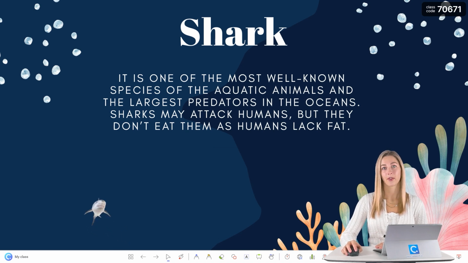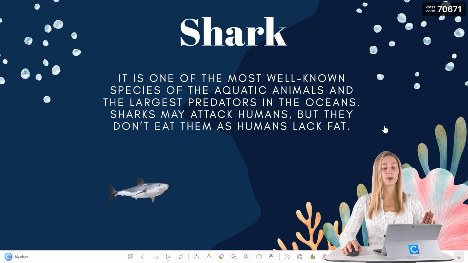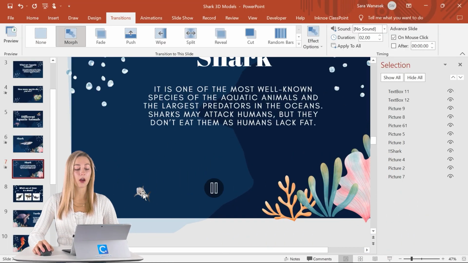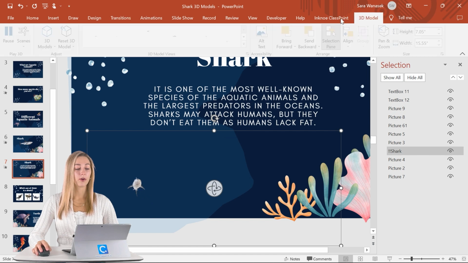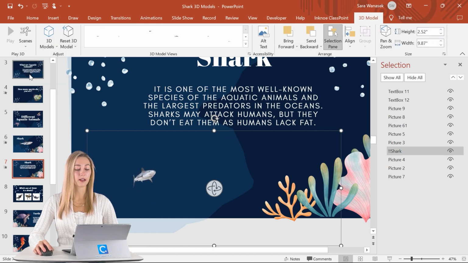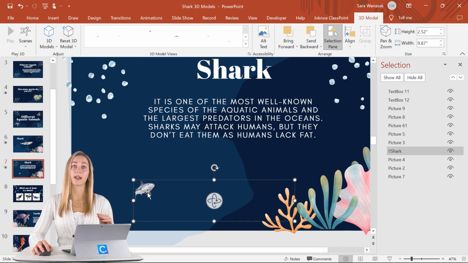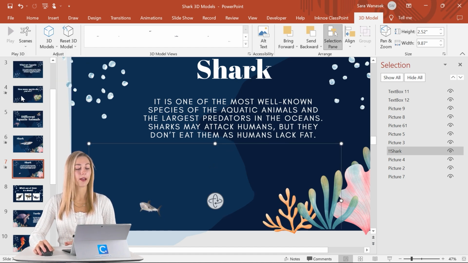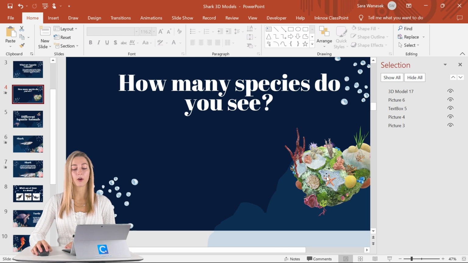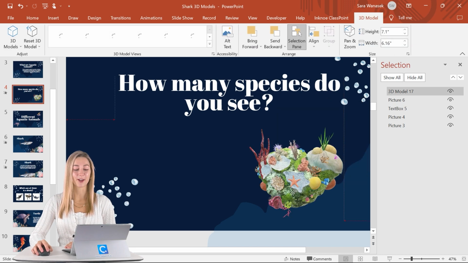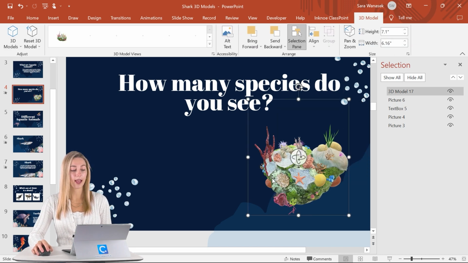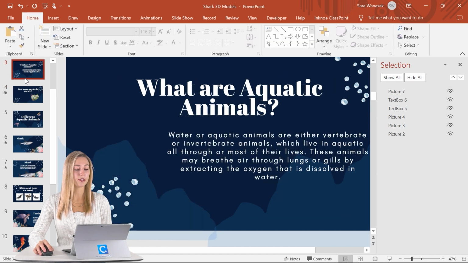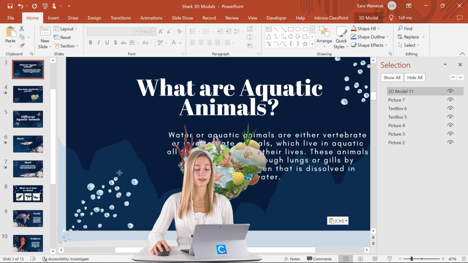In addition to the scenes, you guys can also choose to not view any animation on these 3D models. So right over here with our scenes, you guys can click none if you just want to view it in one moment of time. So let's take a look at that with our animation or 3D model that we put up here. So let's go ahead and copy this one into the slide above and add some animation effects to this model.